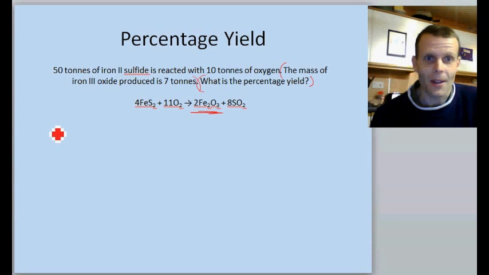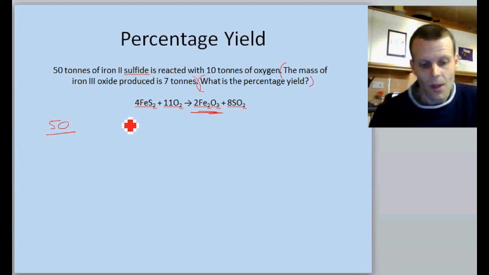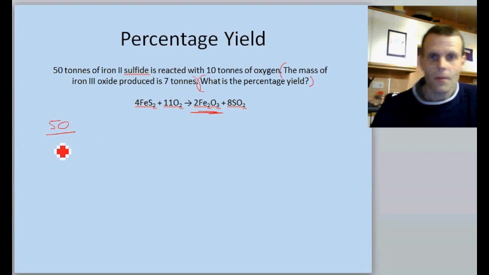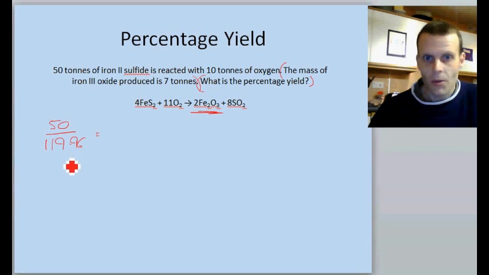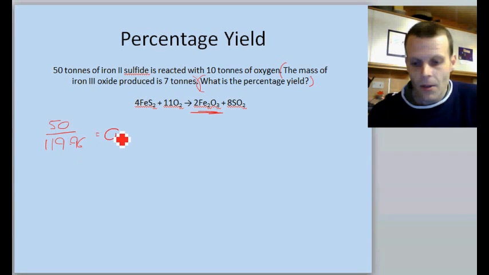It makes it a bit easier for my maths, and I can just change the G to a T at the end. So we've got to work out which is the limiting reactant to begin with. So I've got 50 tons, 50 grams of iron 2 sulfide. There we go. That's 1 mole, 119.96. So if I convert that to a number of moles, 50 divided by 119.96, that is